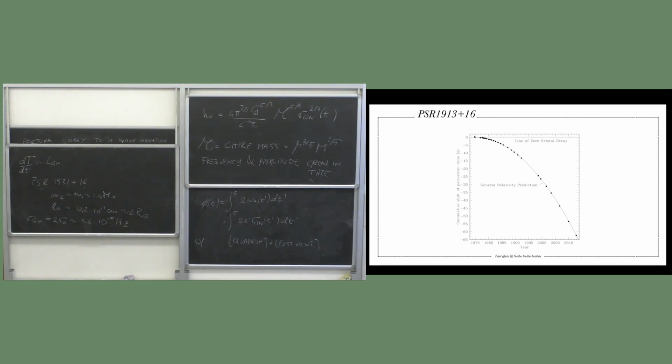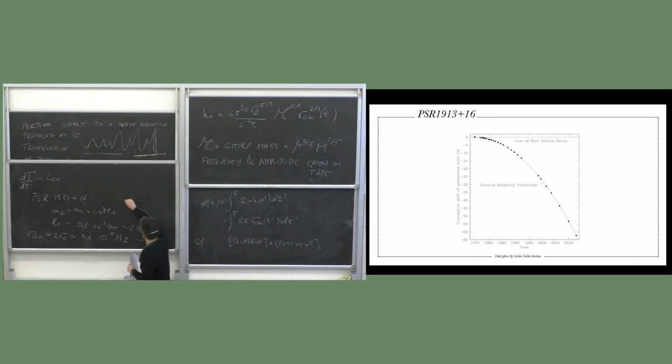So if you use the parameters inferred from the decay, you measure that it is this. And if you actually plug these numbers in, you see the wavelength of gravitational waves, basically c over the gravitational wave frequency, is 10 to 14 centimeters,